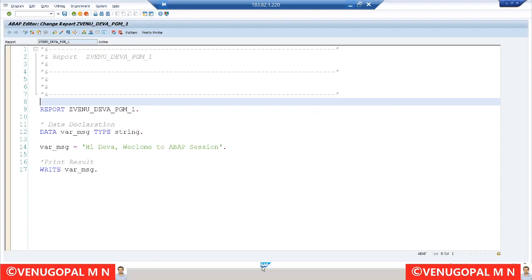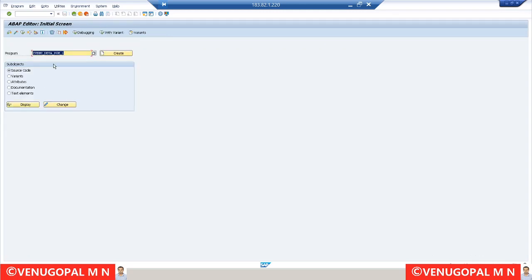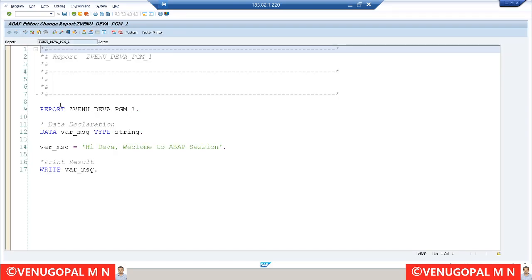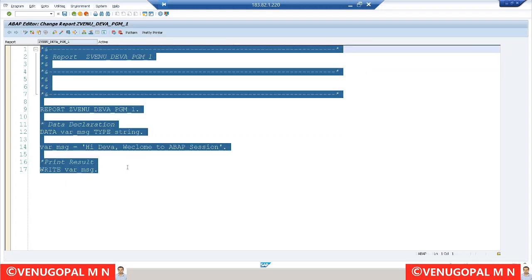Okay, let me log into the remote desktop. So I'm in SE38, which is the ABAP editor transaction code. You can see I'm going to a program wherein there is a sample program. This is an ABAP editor, right? Any place where we can write an ABAP code, or which will allow us to write code, is an ABAP editor. We can write a piece of ABAP code over here, correct?